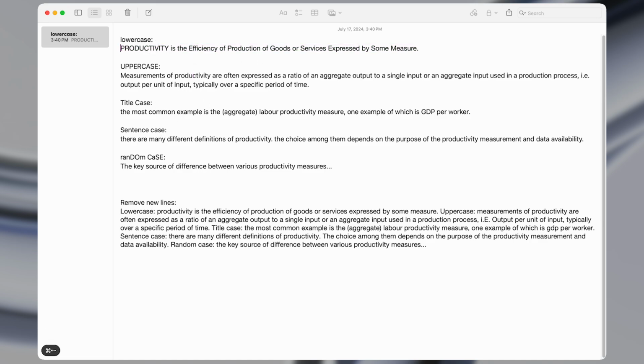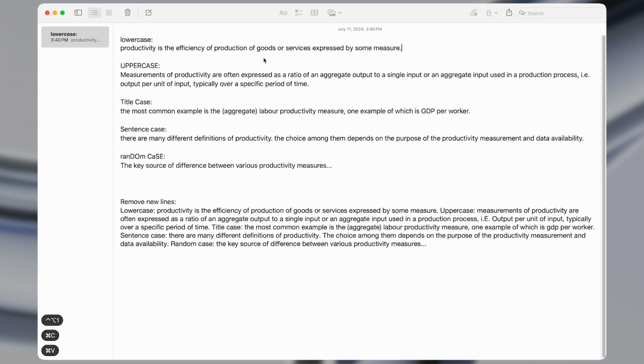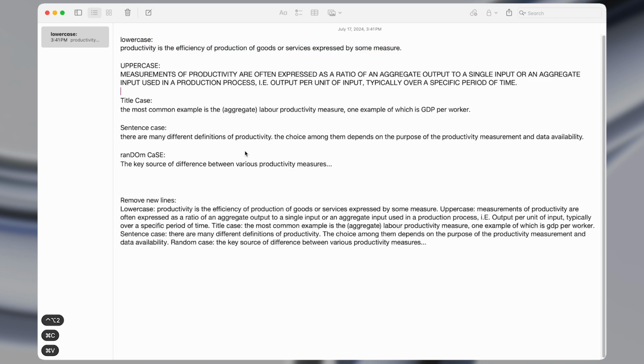For instance, if I want to make text all lowercase, then I can press the shortcut Control Option 1, and that will turn all of the text lowercase. And by the way, this is just some random text I copied from Wikipedia. Similarly, I can do the same with uppercase,